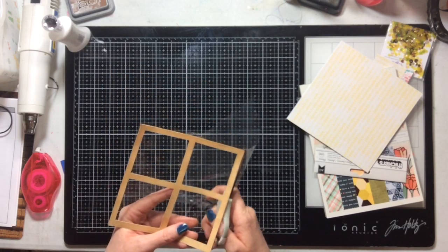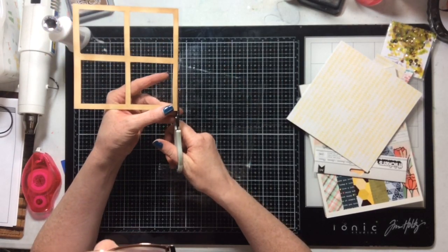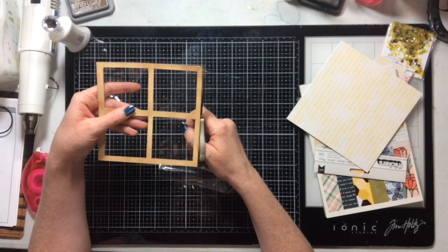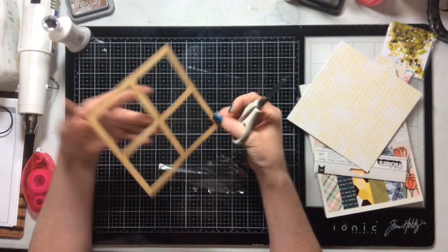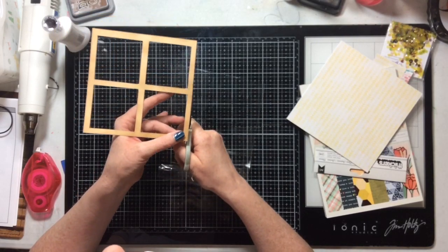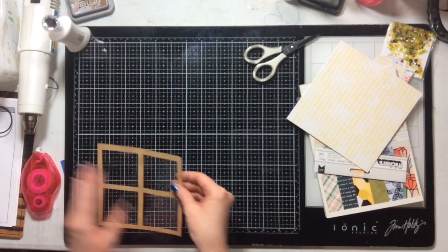But it has that wavy look, and when I put this Thickers packaging on there because it has that wavy look to it, it really looks like an old window, and I thought it was really cool. So I just glued it to the back of my window pane with some Nouveau Deluxe adhesive,